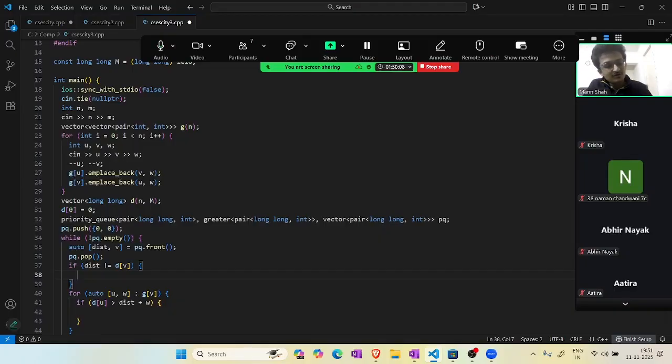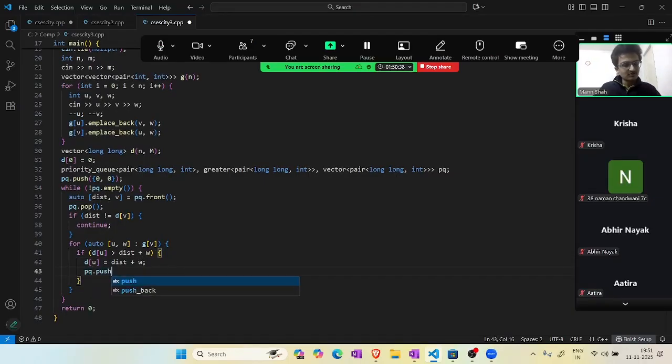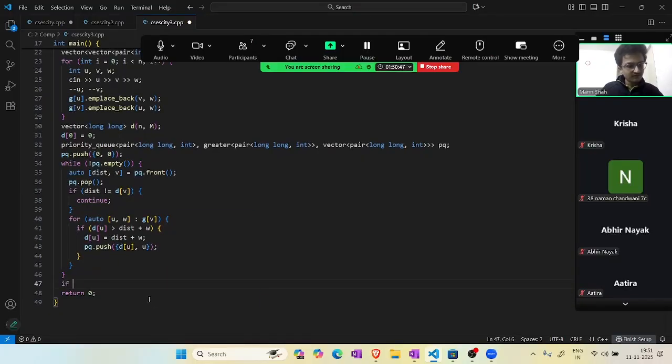So what is the point of using this? You won't be using this distance for your calculation, you'll just continue, because you have a better distance later on. Your d of v value can only decrease, it can never increase. If it is not equal, that means you have found a better d of v value after that compared to before. So you should continue, you shouldn't update the remaining vertices. And now d of u is distance plus w, and pq dot push d of u comma u. And now I just do if d of n minus 1 is